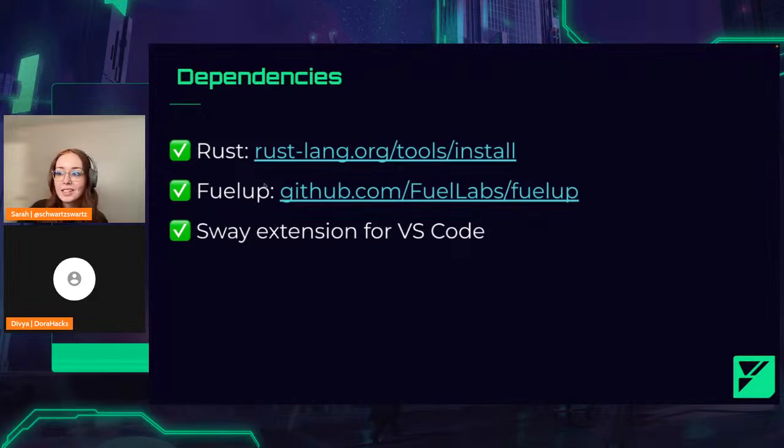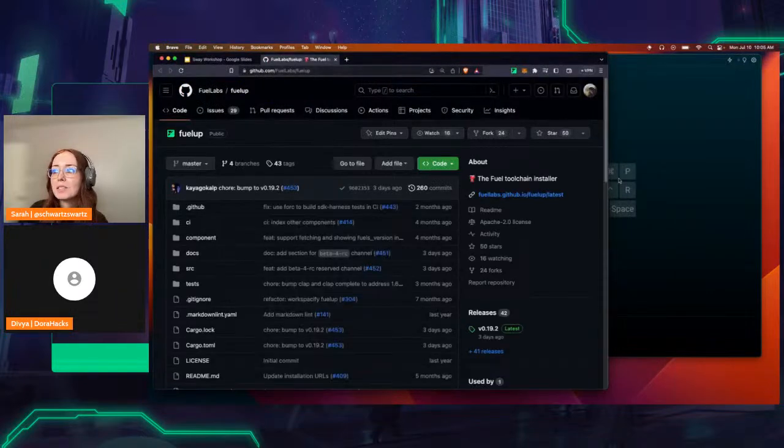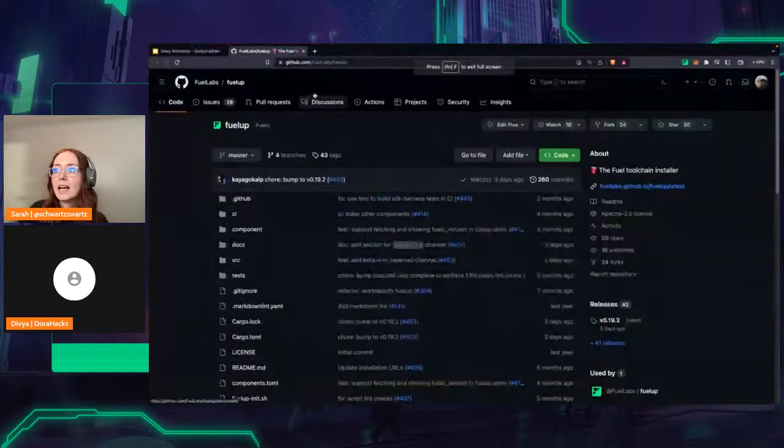A few dependencies you'll need to start building on Fuel: the Rust toolchain, which you can install from rust-lang.org, and it should be a pretty quick process. And then the same with Fuelup. If you go to github.com/fuellabs/fuelup,